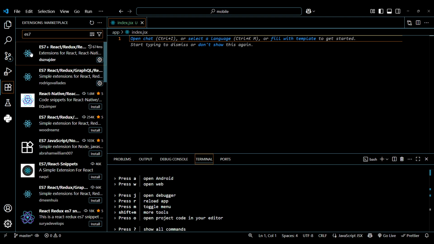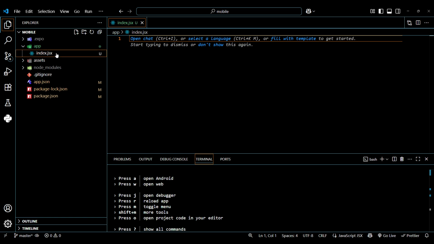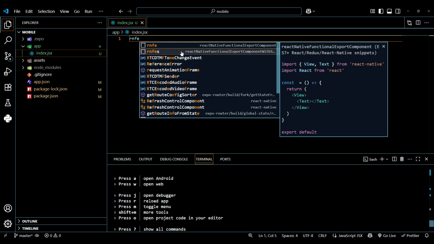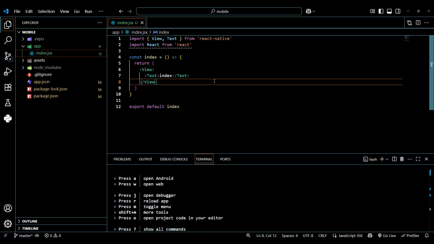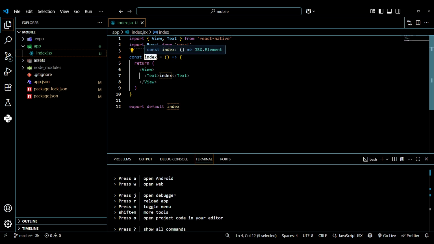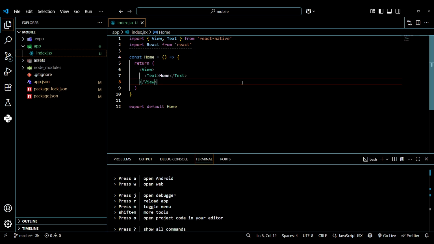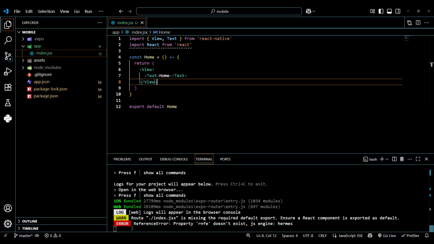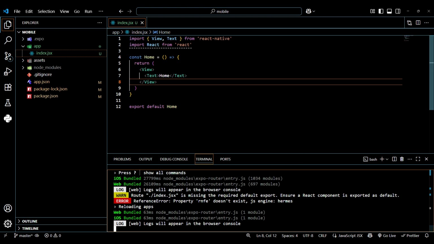this, you will see. So that's why I was telling you to install that one. So when you come back here to index, just type RNFE. You know, it has given you snippets already. So this is our snippet it has given us. So you will see, but I would like you to change this one to like that. Now, yes, when we refresh, let's refresh, and you will be able to see our app now has